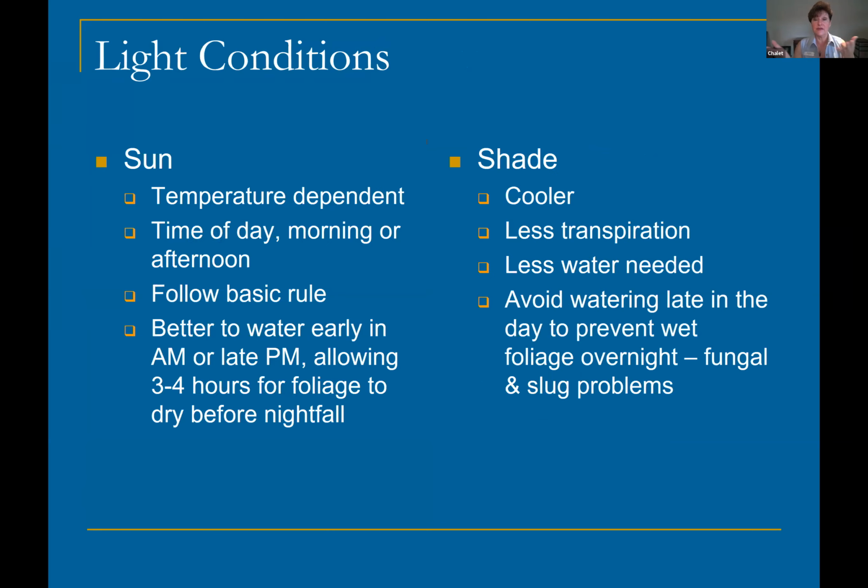Now, light conditions, we have sun and we have shade. And sun, how plants and their water needs are reflected in a sunny situation is very, very temperature dependent. At cooler temperatures, plants aren't transpiring as quickly. They're not losing as much water. So they don't go into water stress as quickly as they do when the temperatures are higher. Time of day, morning sun is not nearly as intense as afternoon sun. So these are like the 20 questions we always ask you when you come in and you have questions about the